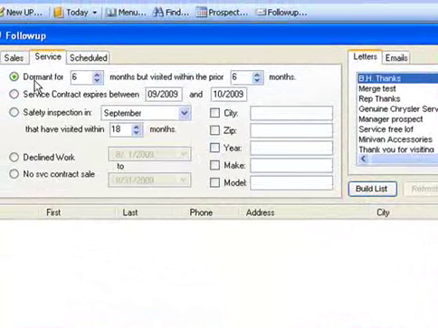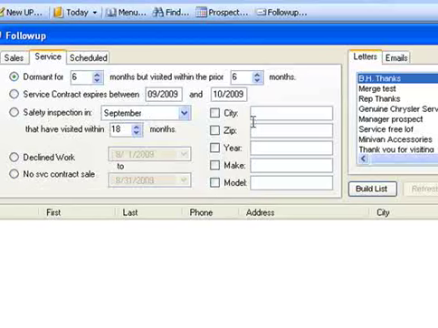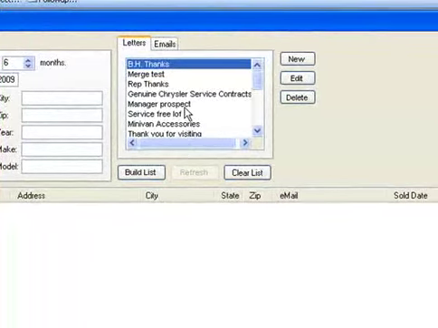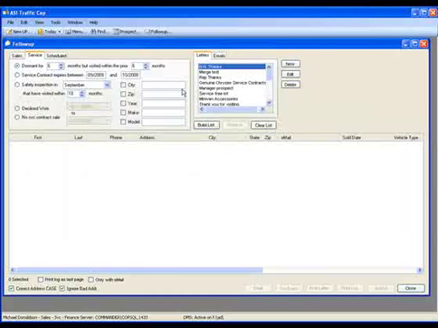The service area has somewhat different questions: service contract expiration, service inspection due date, declined work, no service contract, and many other areas such as city, zip, year, make, and model of the vehicle. In this area you can build a list and send emails and/or correspondences to any of the customers that are on the list. There are many other features in Traffic Cop, and this broad introduction is just the tip of the